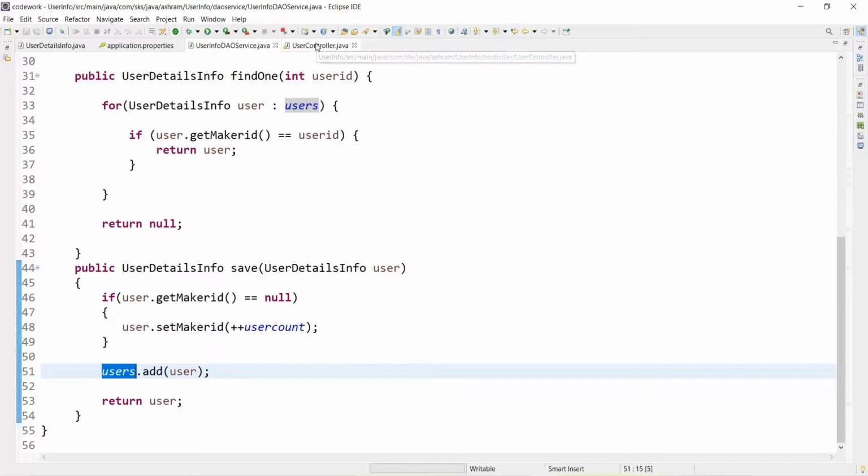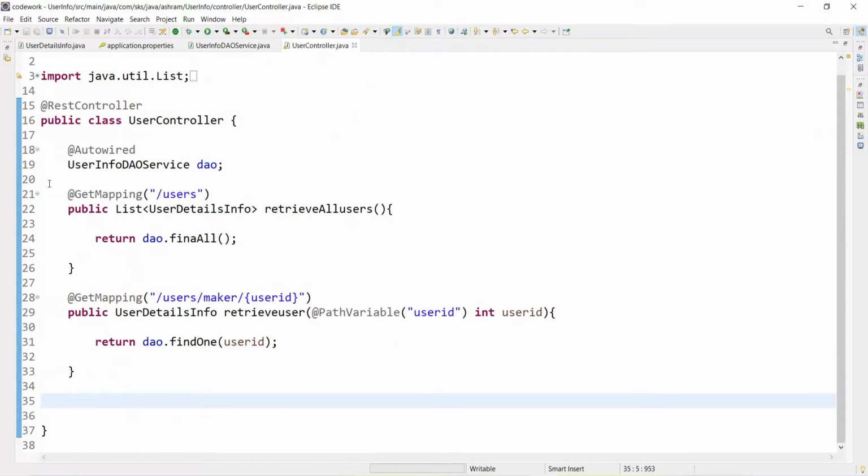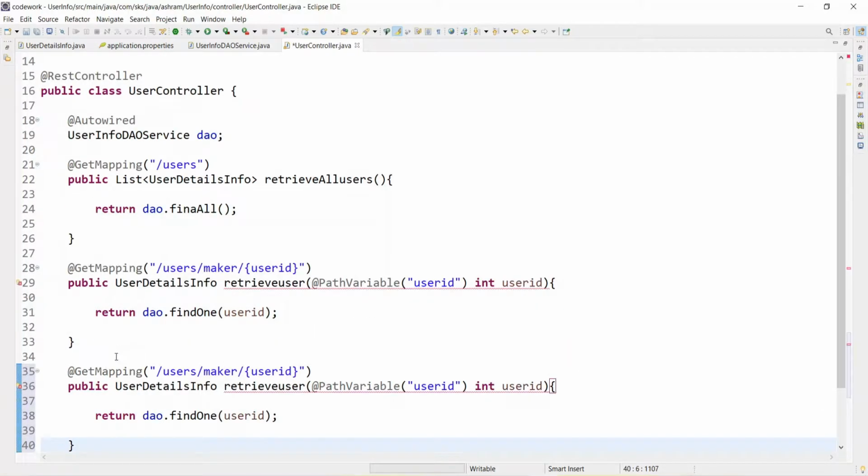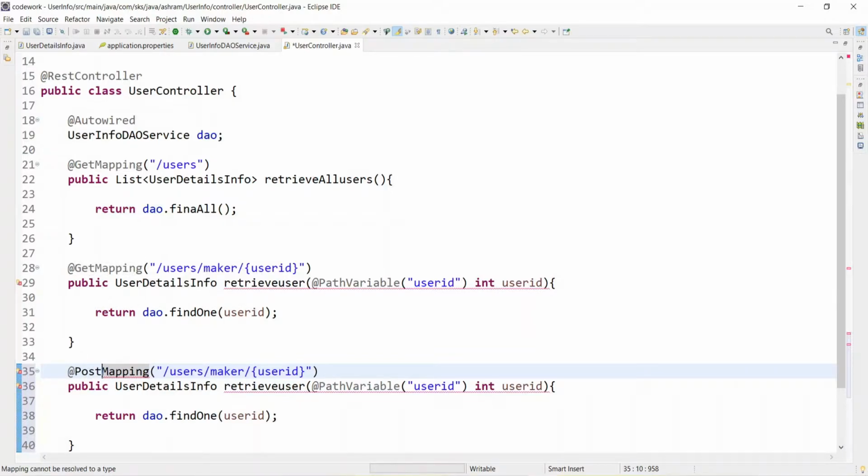So let's start writing the API first. In the user controller we have to copy this first, and instead of get we have to use the post mapping. Post mapping is to post the data, something you want to persist, something you want to save. And here make a resource called users only.